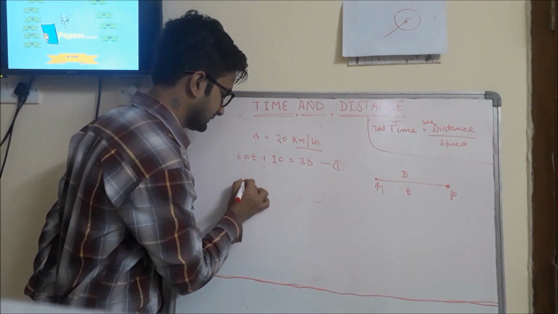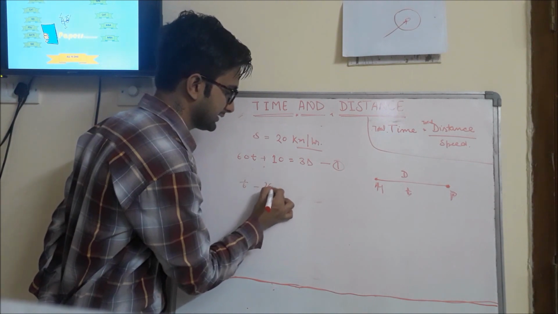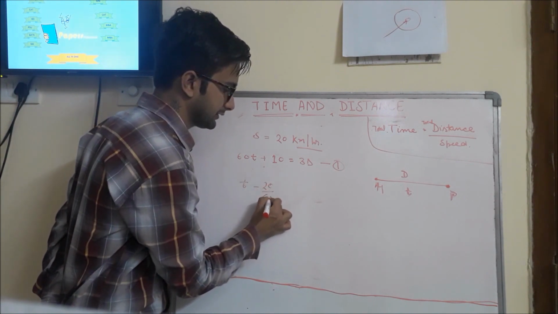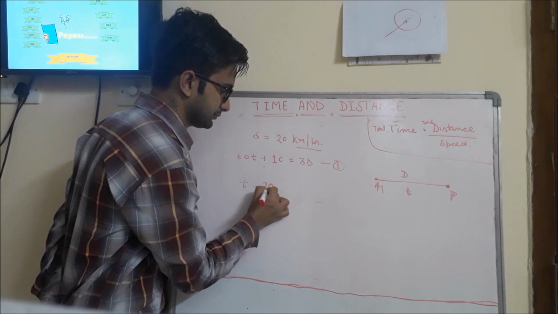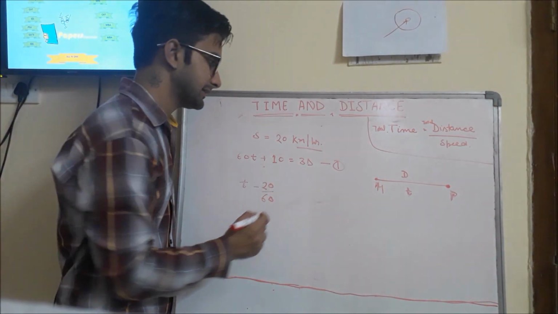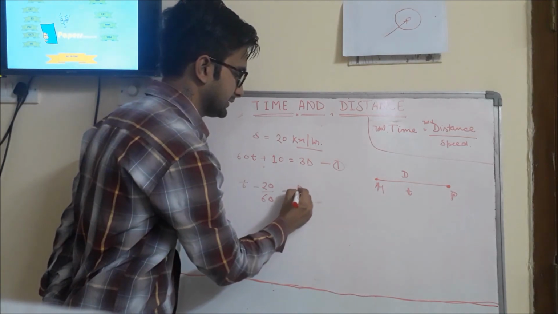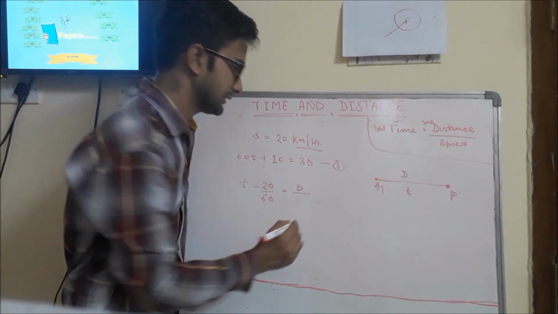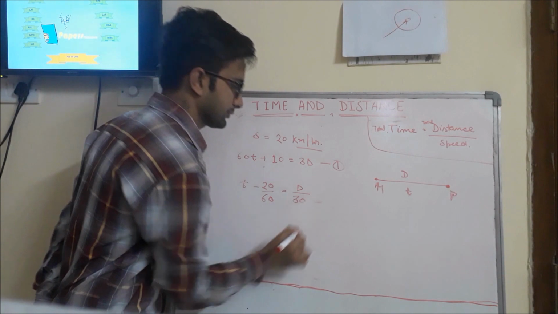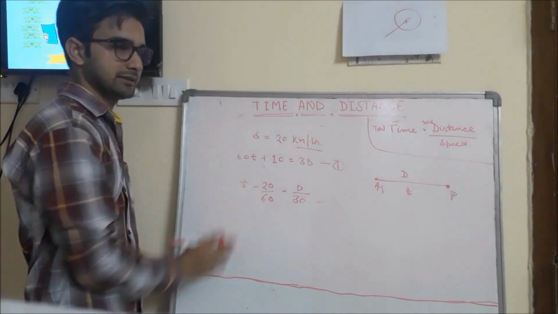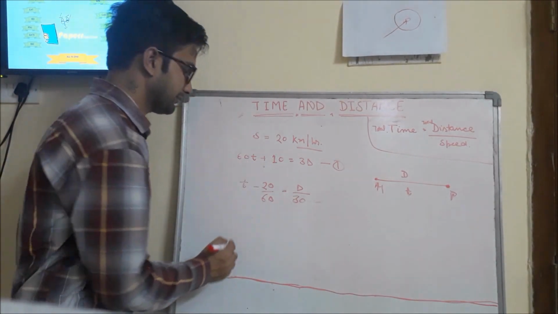So the time will be t minus 20 divided by 60. I have converted it into hours. If the speed is 30 km per hour, the total distance remains the same, d. So let's solve this equation again like the earlier one, and we will get